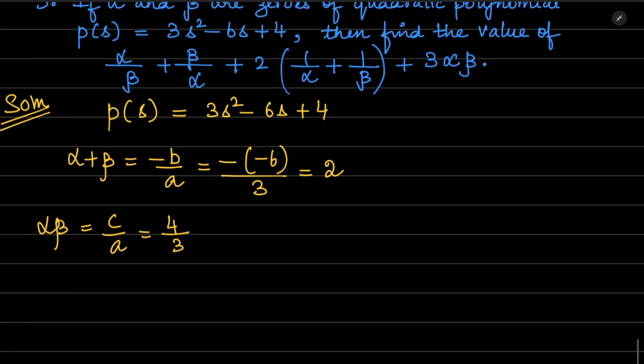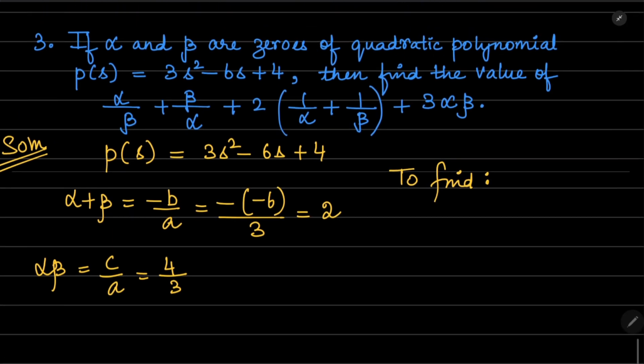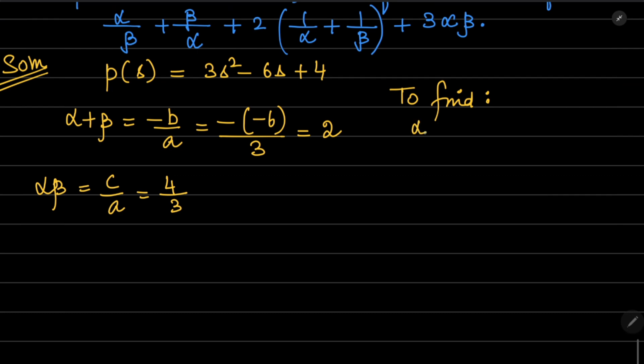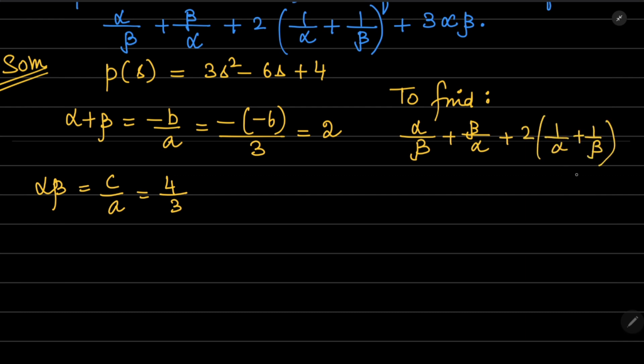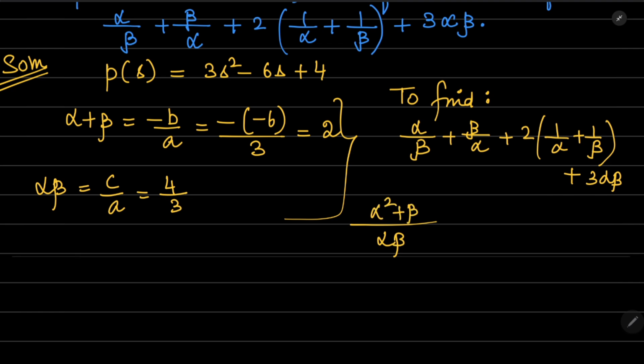Now let's see what you have to find. To find alpha by beta plus beta by alpha plus 2 multiplied by 1 by alpha plus 1 by beta plus 3 alpha beta. For the first two terms, take the LCM. So you will have alpha beta, alpha square plus beta square, plus 2 multiplied by, same way,